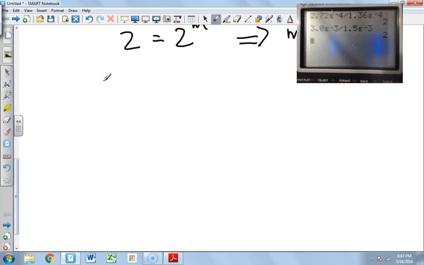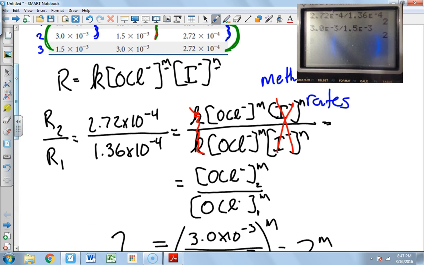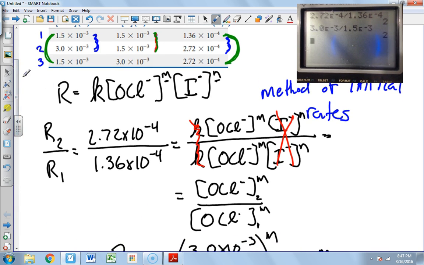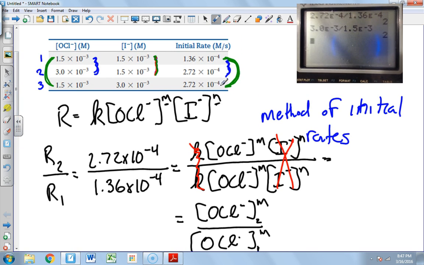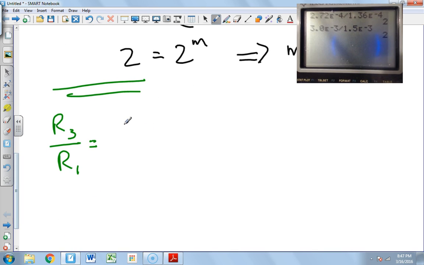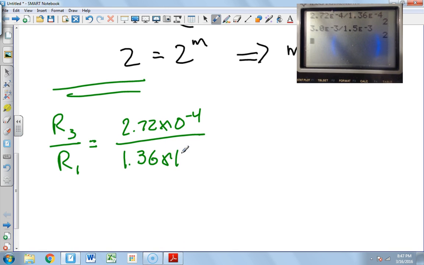So for OCl minus, for hypochlorite, it is going to be rate 3 over rate 1 equals, let's see, rate 3 is 2.72 times 10 to the minus 4 over 1.36 times 10 to the minus 4, and that equals, again, K times the concentration of OCl minus